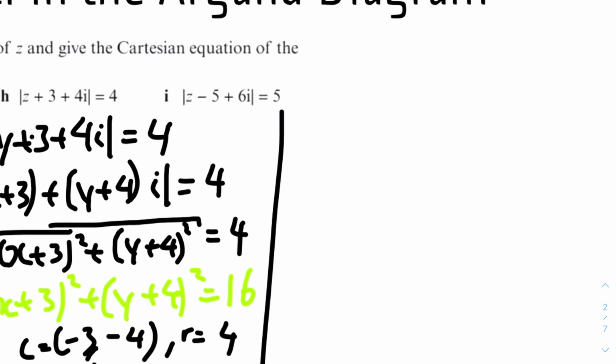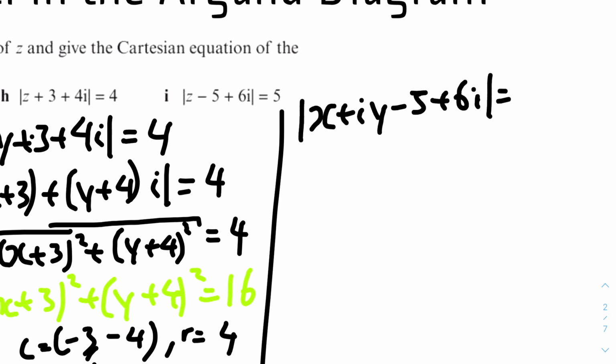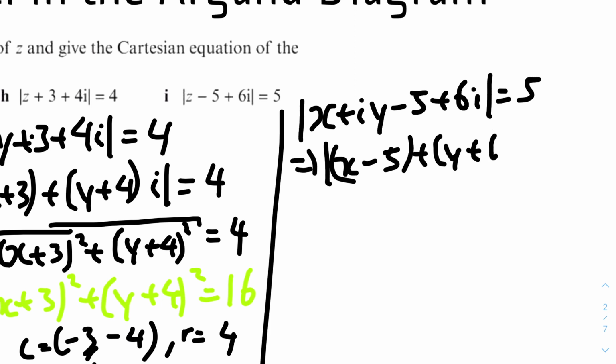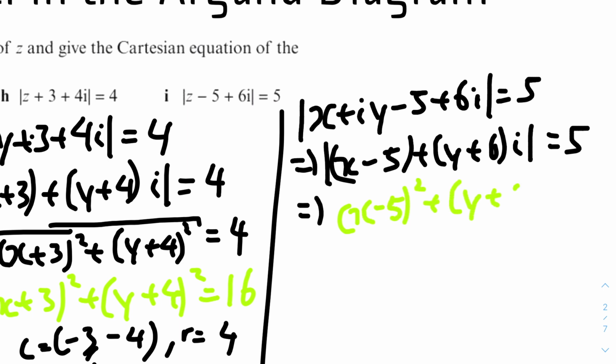And for the last part, the modulus of z minus 5 plus 6i equals 5. We can rewrite z as x plus iy minus 5 plus 6i equals 5. We can collect like terms as well, so it'll be the modulus of x minus 5 plus y plus 6i equals 5. And we can square each individual term, and I'm just going to skip some steps. So it'll be x minus 5 squared plus y plus 6 squared